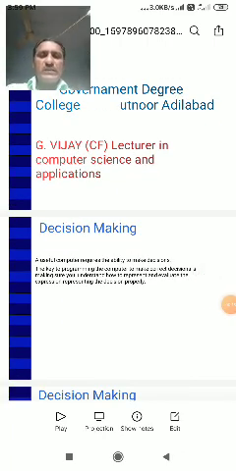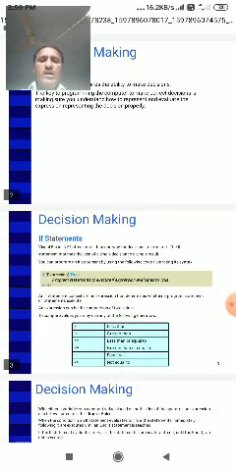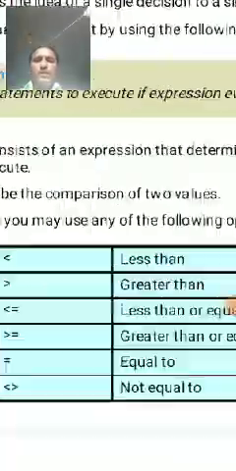In the last class we discussed decision making, the If statement.